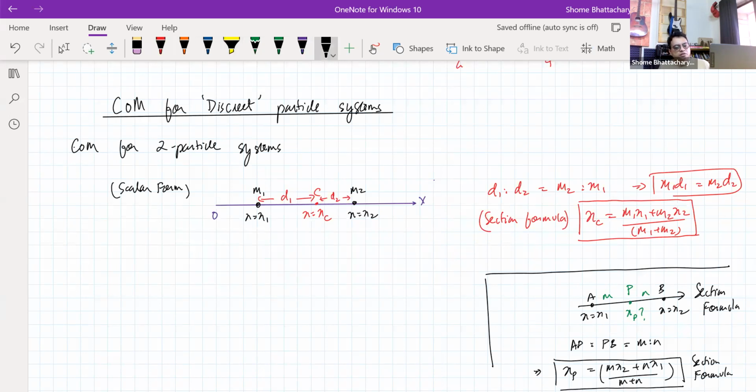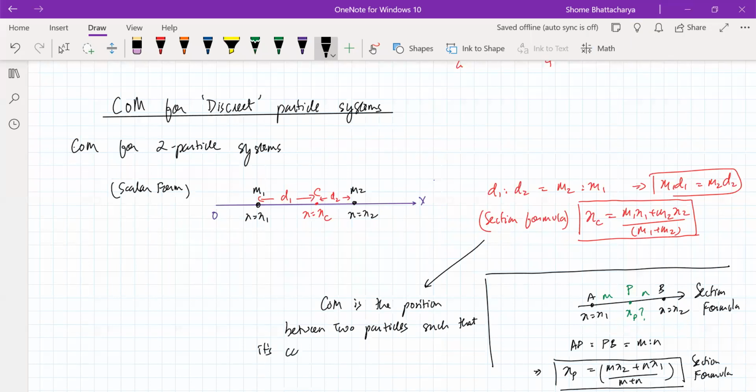So now in terms of qualitative definition, this section formula gives us the center of mass is the position between the two particles such that its coordinate,